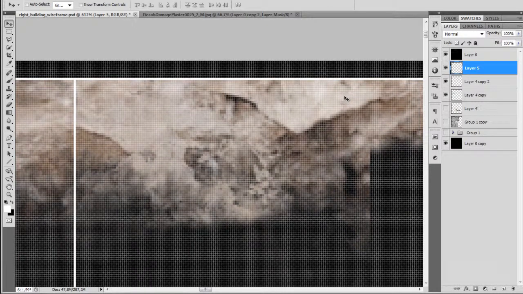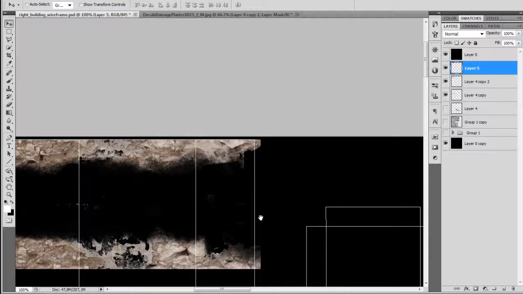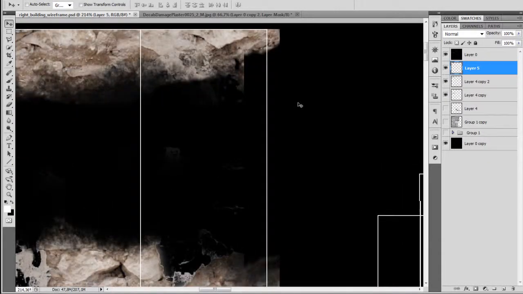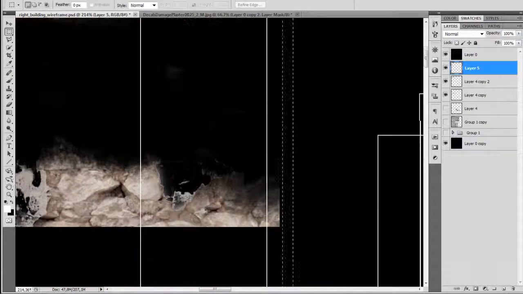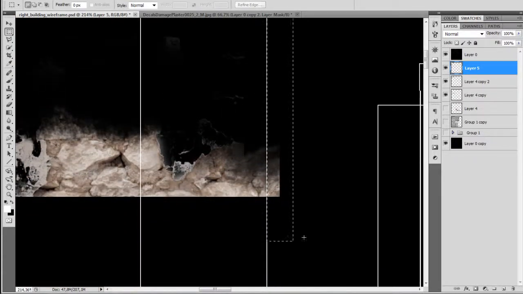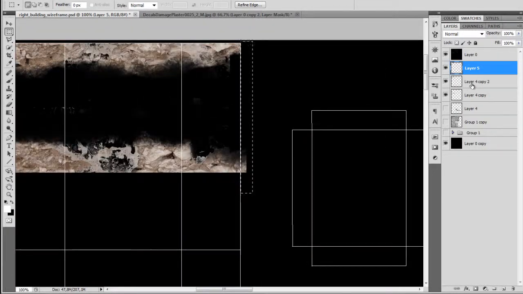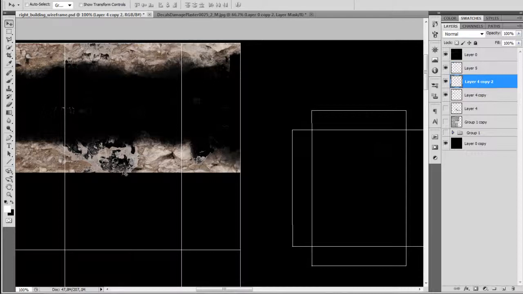I'm using the arrow keys on the keyboard. That seems correct. So the next thing I'm going to do is just take the selection tool and cut this top part of the both of the textures. So this way I know where to put the next one. So I'm deleting the top part of the textures, and now taking the second one,